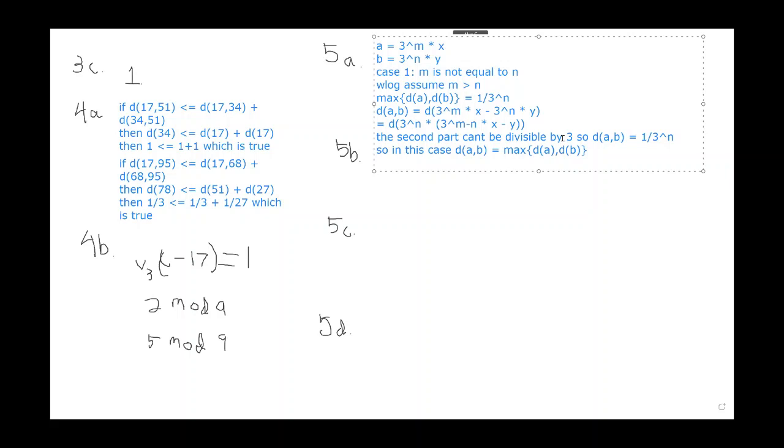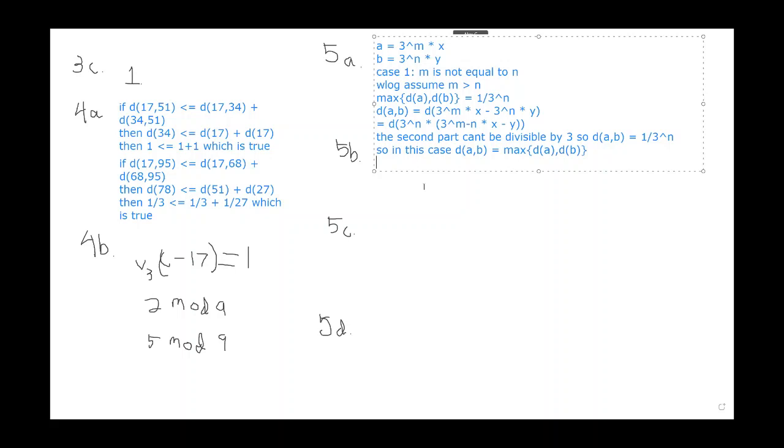Very good. So if I could give a comment though, you can actually avoid casework here. The way to avoid casework, which is by the way, casework is fine, I'm just showing a slightly more concise argument. But case two, let's take a look. If m equals n, then we have